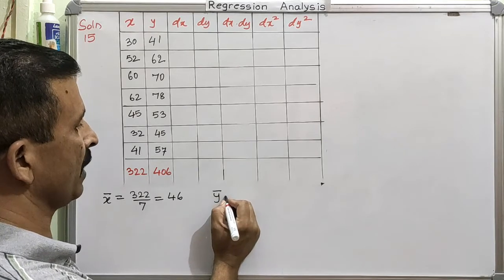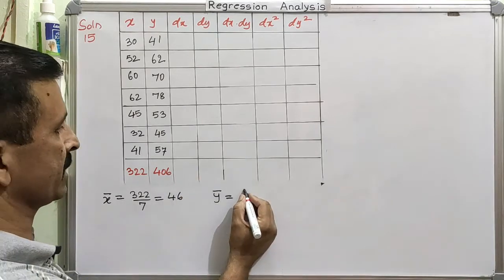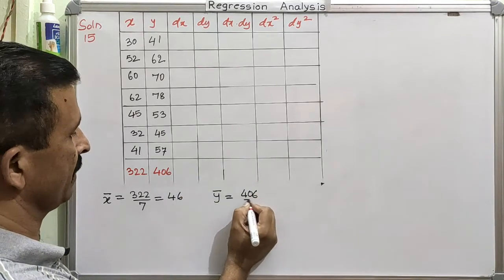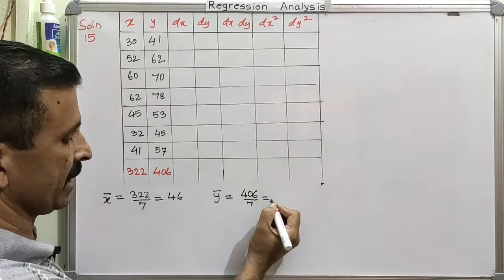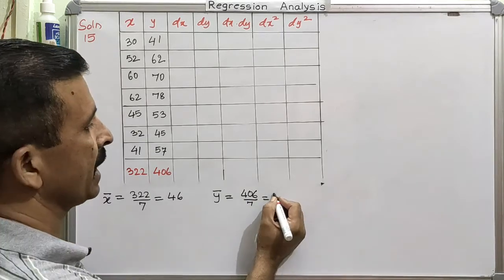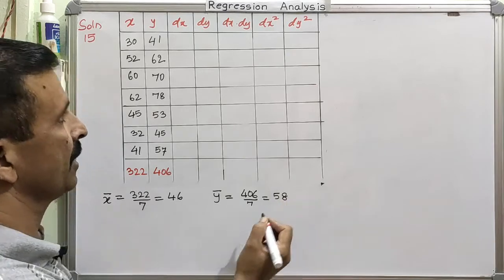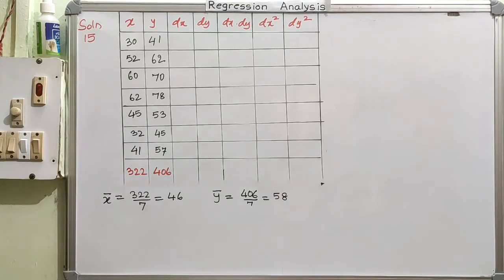Y mean will be equal to 406 divided by again 7, and this will be equal to 58. So we calculated the values of x and y mean. After this, now we can easily find the